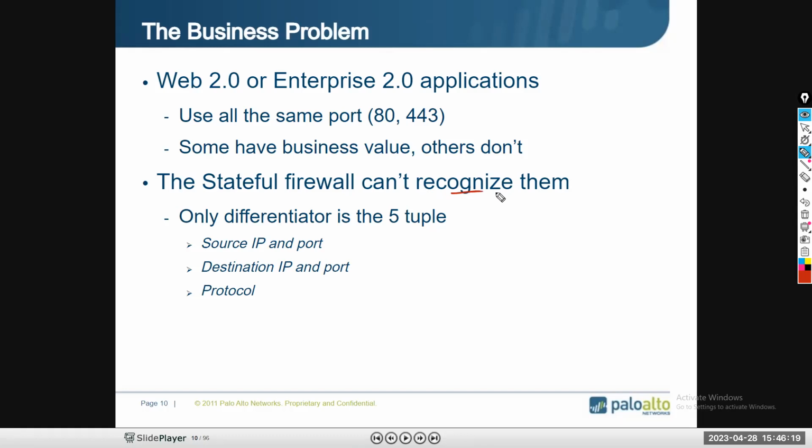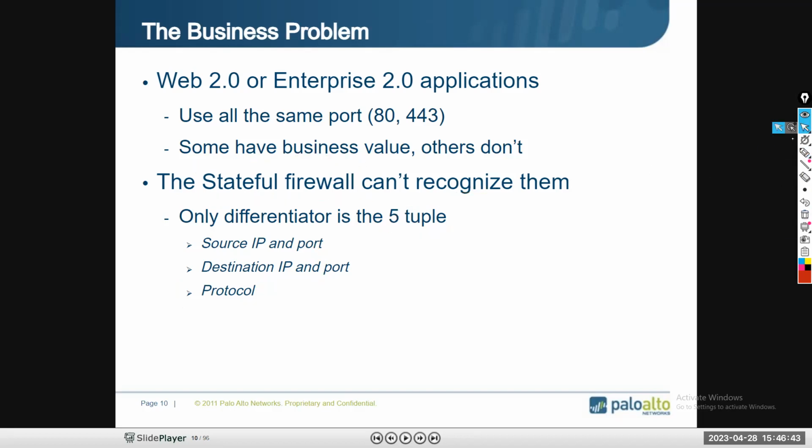It's not going to recognize the source port, which port it has come from. For that, there are separate tools available. What I'm talking about here is especially your stateful firewall.